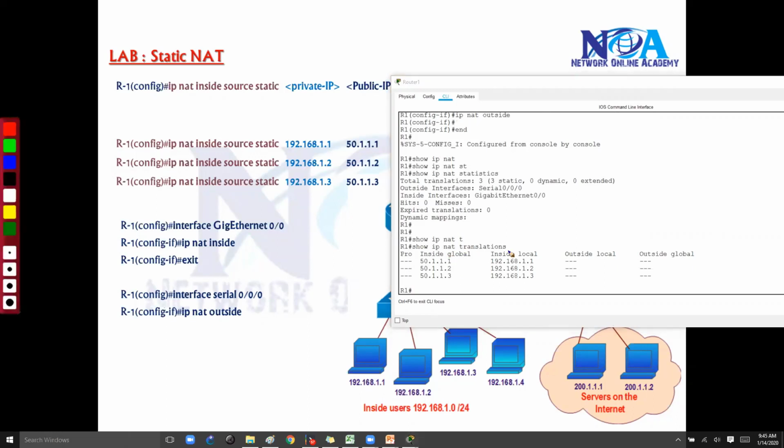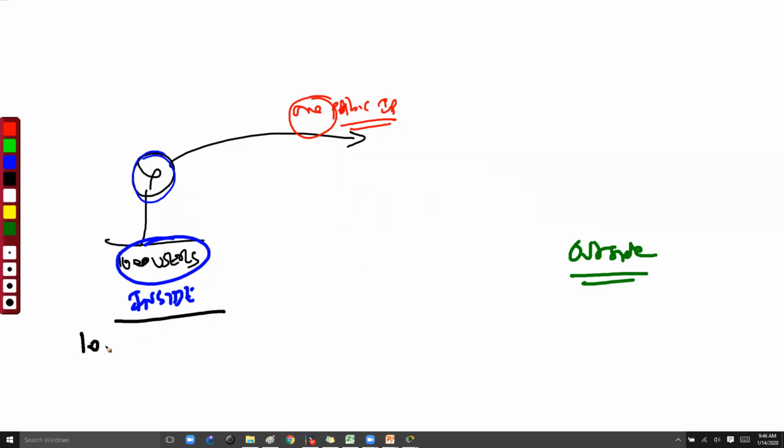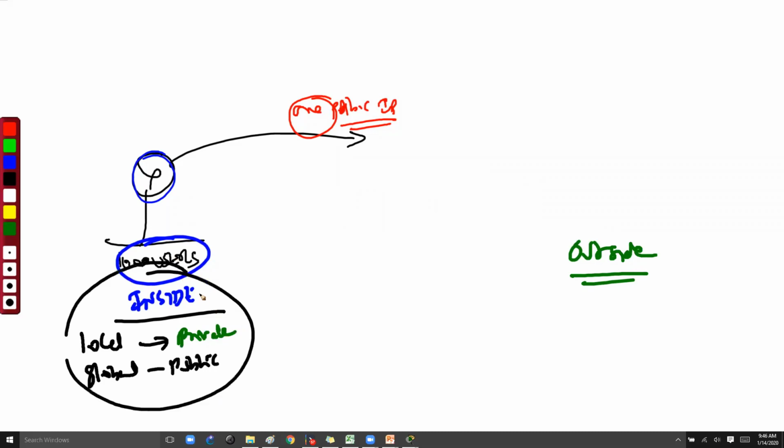So right now it shows you your inside local IP. Again, remember the inside means your source address here. Whatever private IP addresses we use, our addresses are called inside. Inside means ours. Outside means remote users, generally, terminology-wise. And inside, again, there is a local address. Local means your private. Global is nothing but your public address. So your private IP and your public IP will be referred to as inside local and inside global.